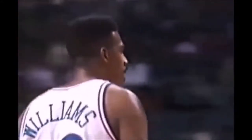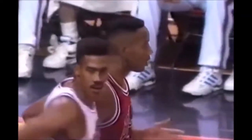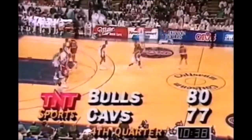It's over and back. Yep. And, of course, the Cavs are arguing with Jim Capers that it was touched by Stacey King. He's playing with some mighty intensity. He had that block, and then they went back down court, and Paxson made a nice pass to Pippen to score. And the Bulls went up by 3 and had a 4-0 scoring advantage over Cleveland with Michael Jordan